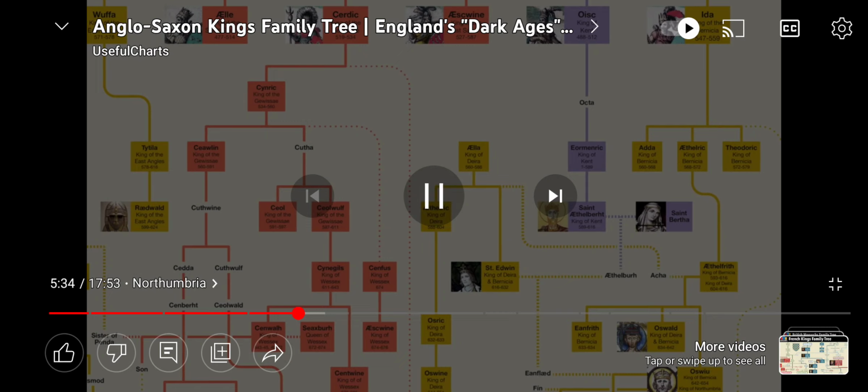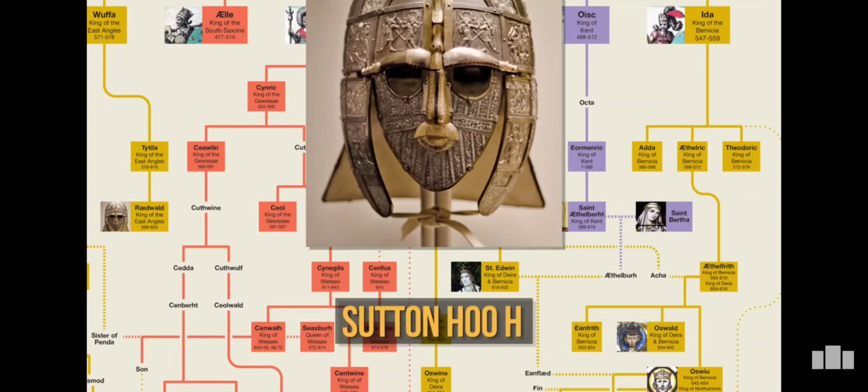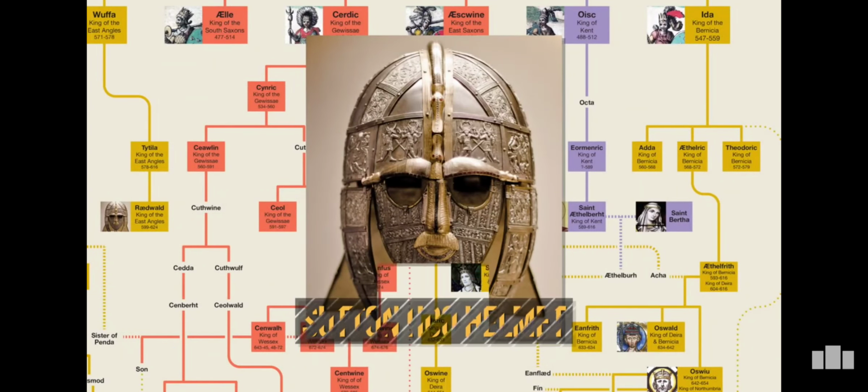Around the same time, King Athelbert of Kent died, leaving Radwald as the most powerful king, and hence the new Bretwalda. I should also point out that Radwald is thought to have been the owner of the Sutton Hoo helmet, an ornately decorated helmet found in a ship grave during an archaeological excavation in 1939. I've actually gone to see it, and it is beautiful, and it is one of the most well-preserved Saxon helmets of the time.